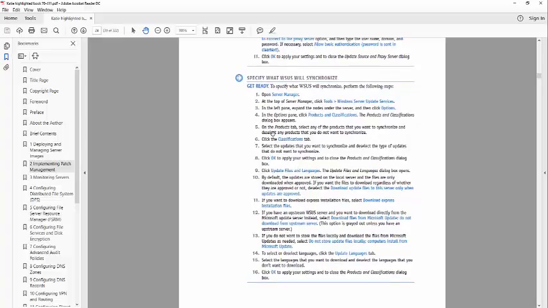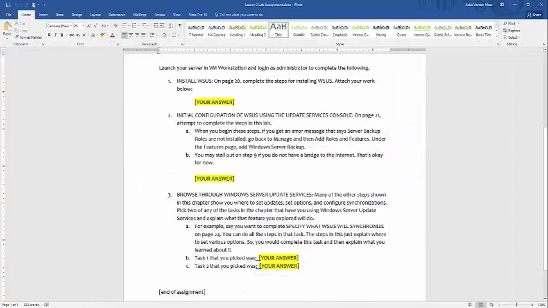So when you go to the options pane and you select products and classifications, it explains to you what that does. So I want you to pick 2 tasks from the chapter, go through them, and explain to me what you've learned in that lab assignment. So enjoy the chapter. Email me if you have any questions. Thank you.